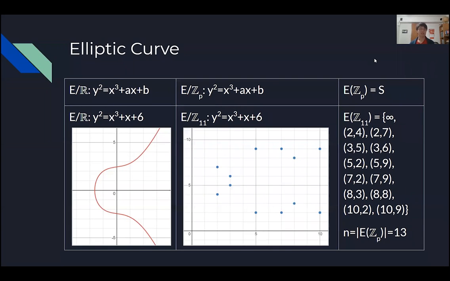So to understand why ECDSA is difficult, we first look at the EC, or the elliptic curve. And we can see an example of one over here on the left, defined over a continuous space. We can take that same curve and define it over a discrete space, specifically one that's modulo 11, or modulo a prime number, and in this case, 11. And we can also take all those coordinates and put them into this set over here.